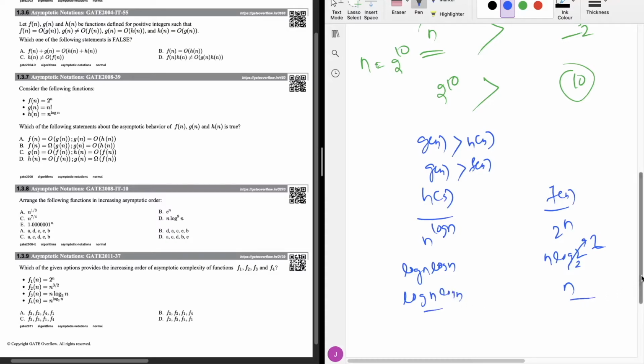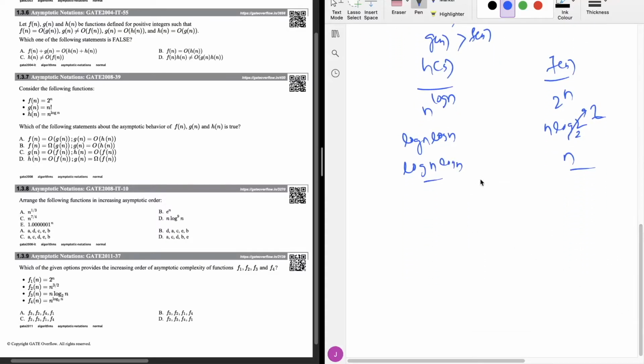So now the thing is, I have to compare these two values, which one is greater and which one is smaller. So by taking an example also I can solve that, right? So let's do that. If I will be taking the n value as 2 power 1000, how much will I be getting here?